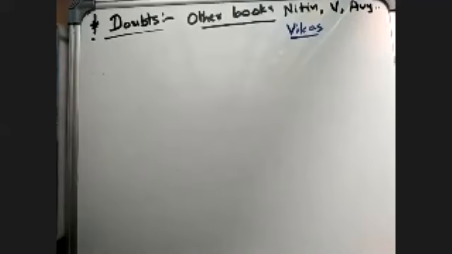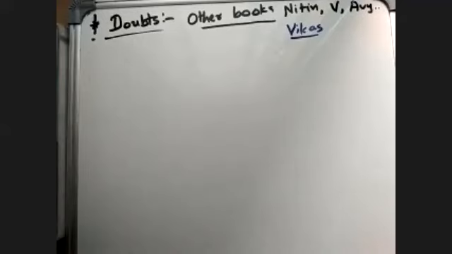So in the question, if they are asking only factors or roots, then your work is done. If they are asking the polynomial, then you have to write k into first factor, then second factor, then third factor, if it is a third degree polynomial. And if it is a fourth degree polynomial, then you have to find the fourth root as well. And if fifth, then so on. Okay. So let us see Chandan's question now.